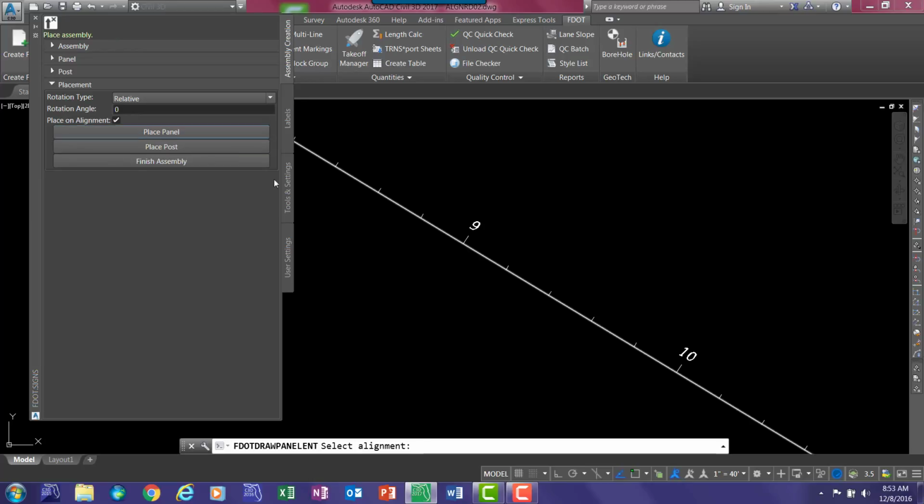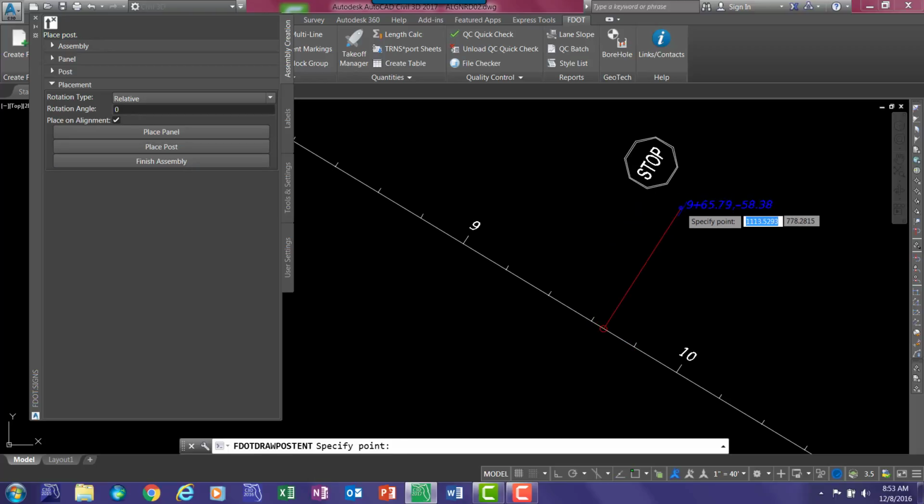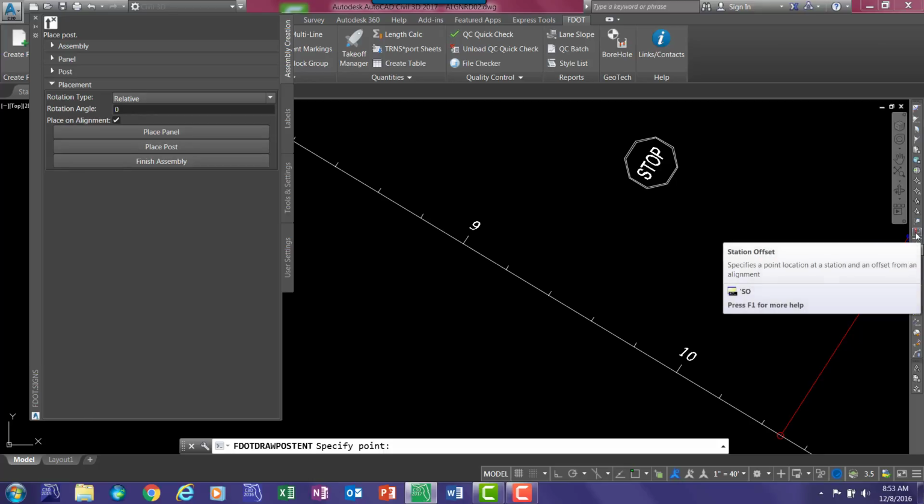So let's select Place Panel. As you can see, as I rotate left or right side of the alignment, the sign rotates based on traffic flow. Let's put this panel here. Let's place the post. Now I can place this just by clicking, or if I want some precision to place it, select the Station Offset Transparent command